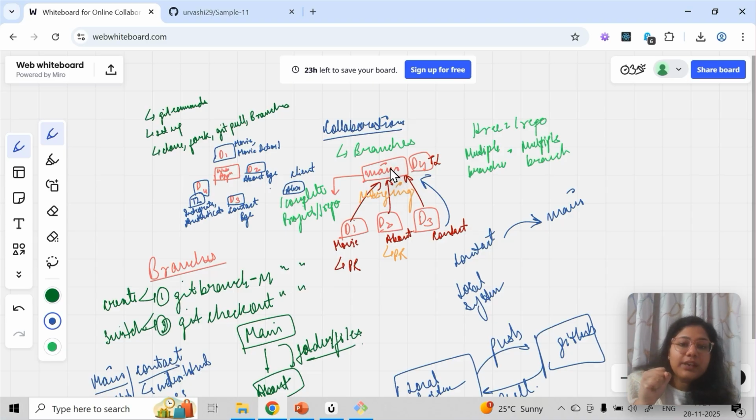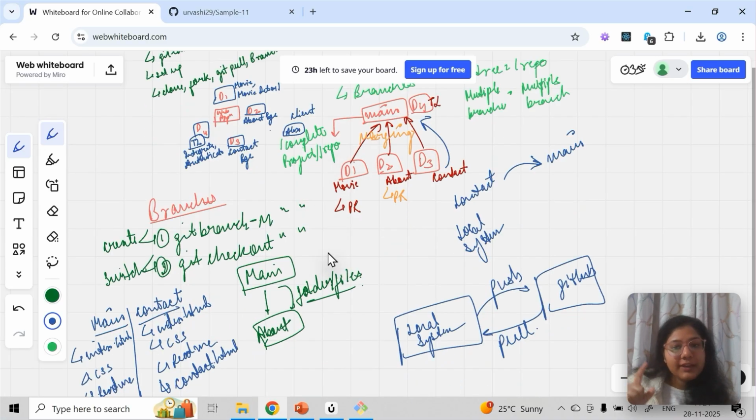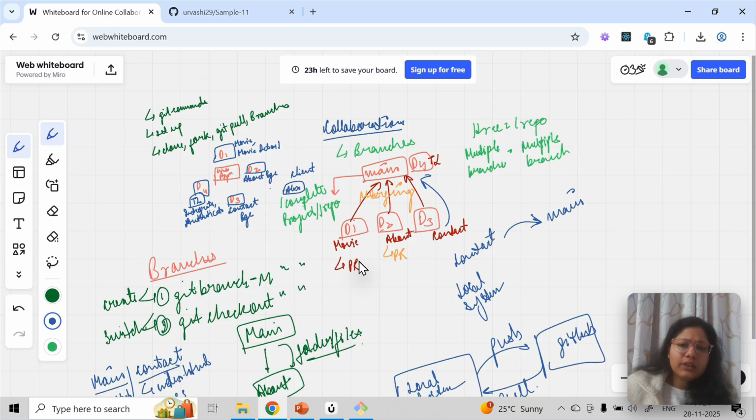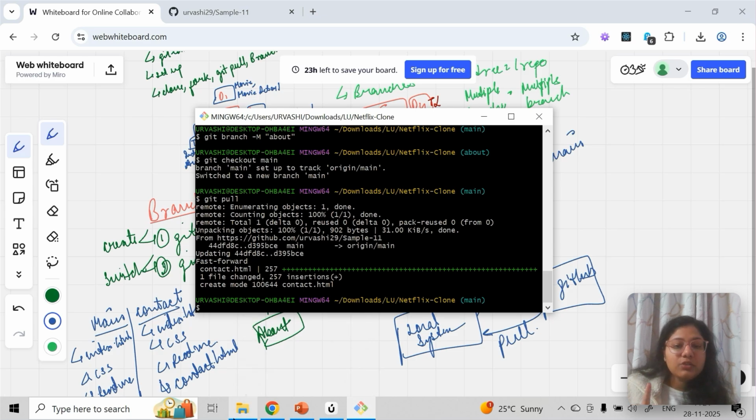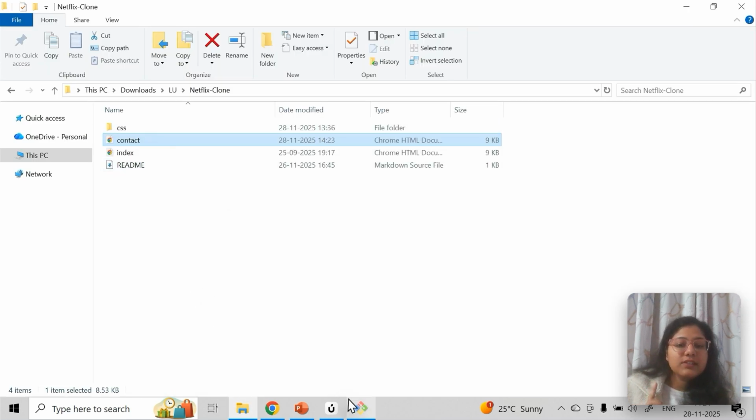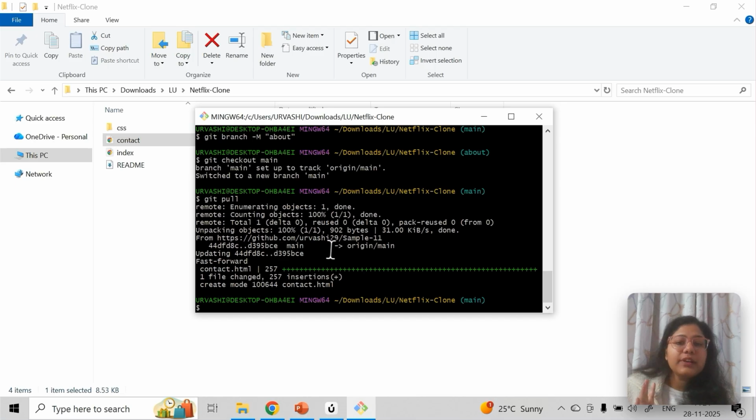So main will become the latest, but the person working on movie needs to get the latest code from main every time, so they have to do a pull. That's why I told you earlier that every day we do a pull request, so that we get the latest code, because in main we keep the latest. Now just see here, in main also 4 files are coming.